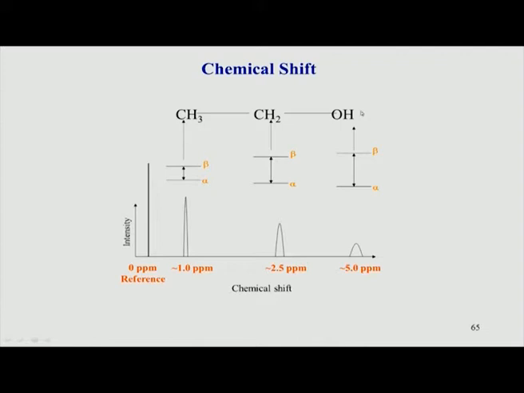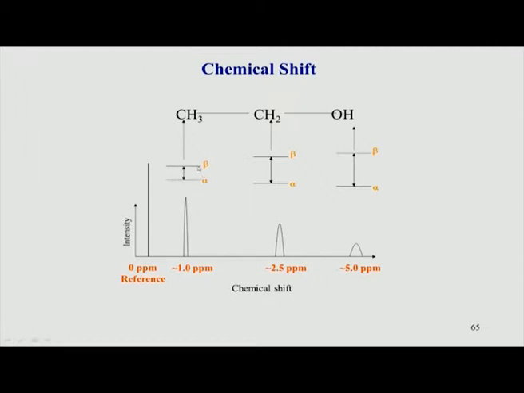But the point to understand here is that this nucleus, the proton, is having a different shielding by the electron cloud around it, compared to this hydrogen and compared to this hydrogen. And because of that, each of these hydrogens has a slightly different resonance frequency. If you recollect the previous slides, that resonance frequency omega is equal to gamma into B0. So, if B0, that is the effective field, is different from here and here and here, the omega also changes, and omega is basically the frequency of Larmor precession or the energy difference.